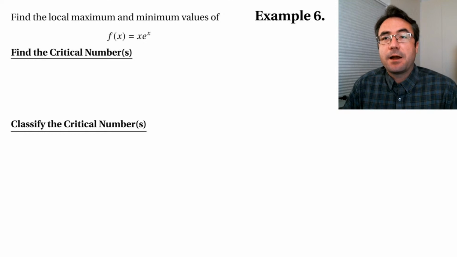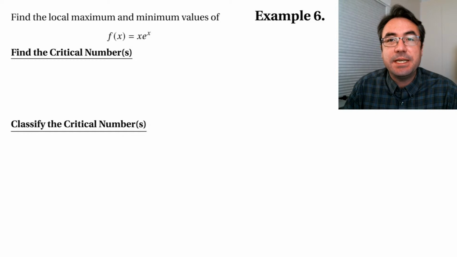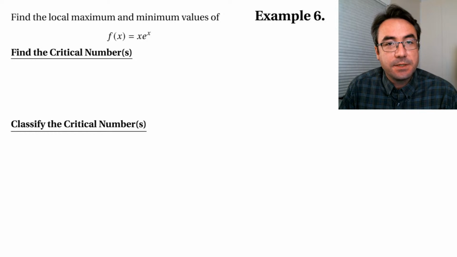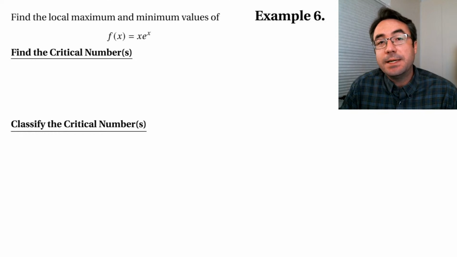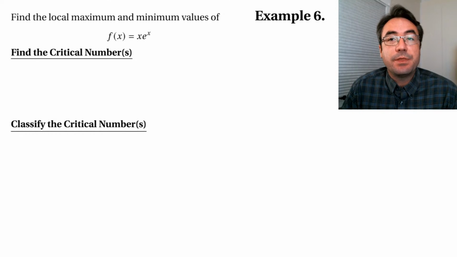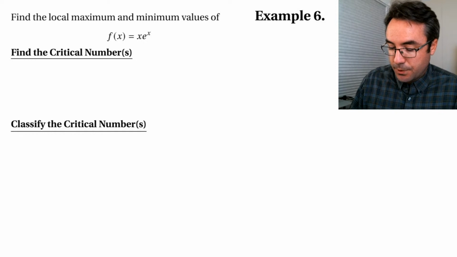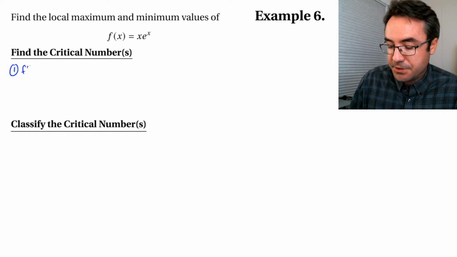All right, so our function here is x times e to the x. So the first step for finding these local maxes and local mins is to identify where the critical numbers are. And the way we do this is with our first derivative. So that's what we're going to do. Step 1 for finding the critical numbers is to